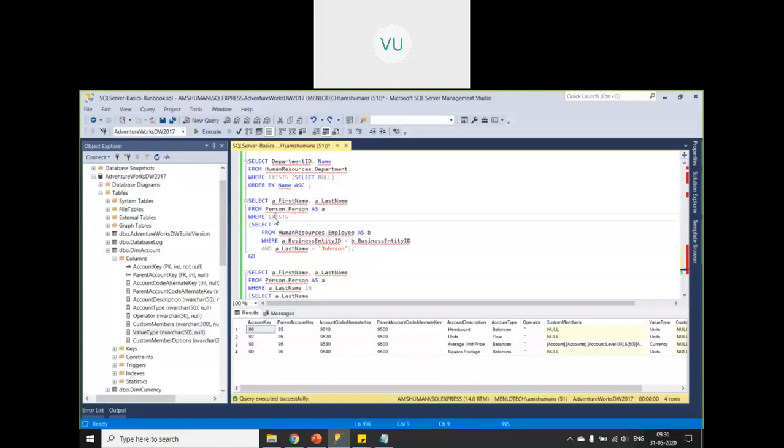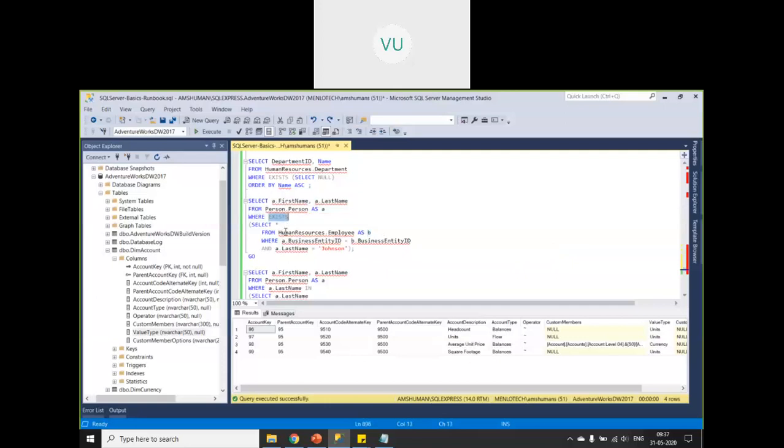So always when you use exists, there will be a correlation between your outer table and inner table. Okay. So what is my inner table in the inner query? With alias, let us say B, right? What is my outer table? Person.person as A. So if you see the condition in the inner query, you're always comparing columns of the outer table with the inner table.